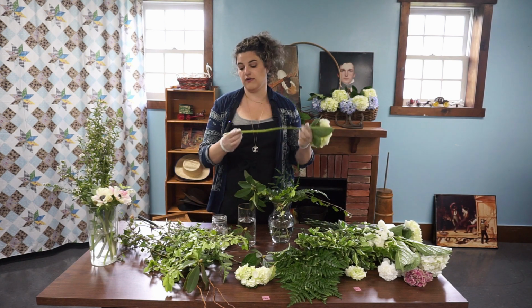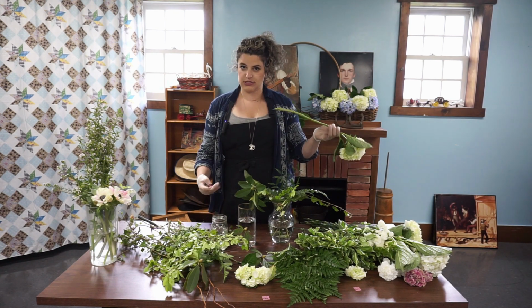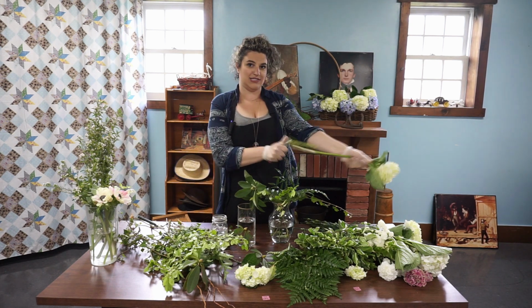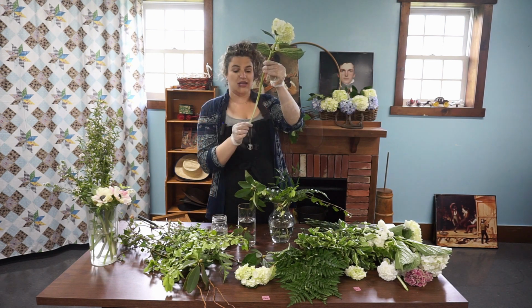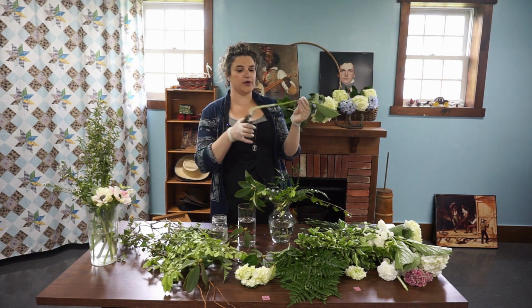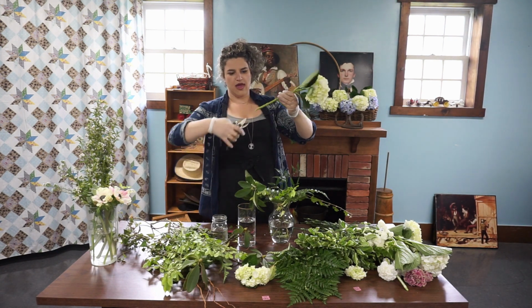Now, if you're getting them fresh from your garden, you're going to maybe want to condition them a little bit in nice cold water. These have already been conditioned. If you're with an adult or someone who is more advanced, you want to give a hydrangea a nice long cut. Now, if you are unable to do that, you can take your clippers and you want to give it a nice good angle, and then you want to cut